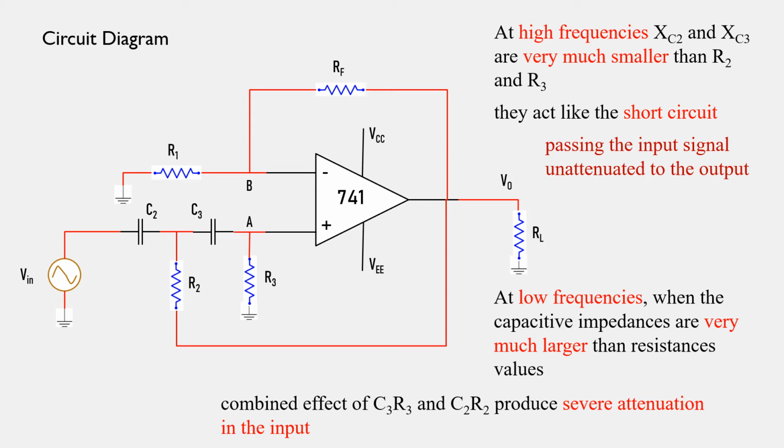Now, to derive the lower cutoff frequency, we will use the same process we used for the second order low pass filter: taking the Laplace transform on the input side, deriving the gain expression, and from the gain expression finding the cutoff frequency. We will not repeat the same steps again. We will directly see the magnitude expression of the output voltage to input voltage for this particular circuit.